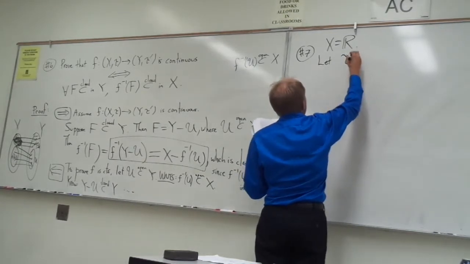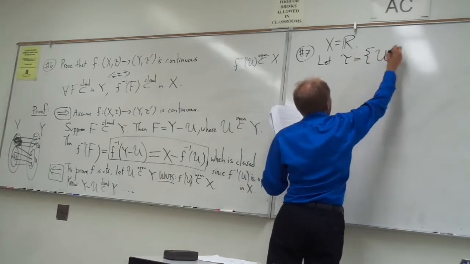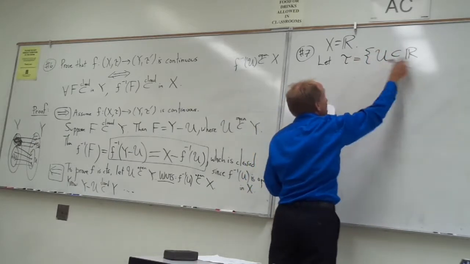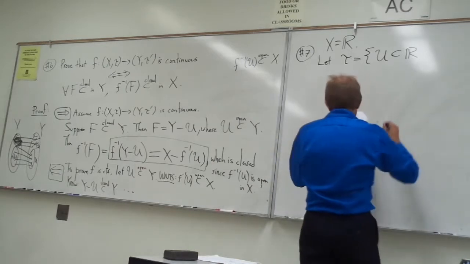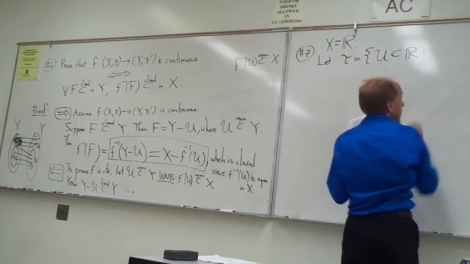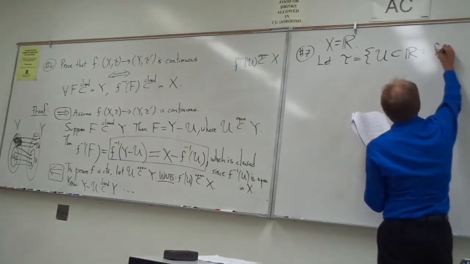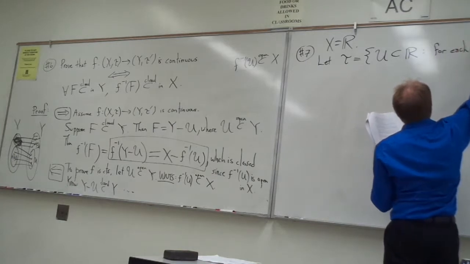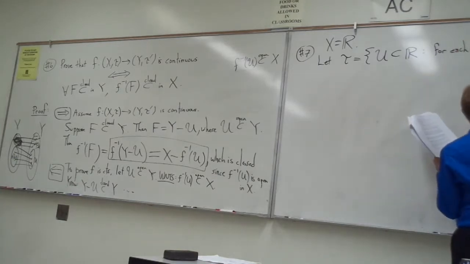Let tau equal the set of, okay, look right here, guys. It's a set of sets. That's what topologies are, right? It's a set of sets such that, you have not seen this one before, it's a little different. For each X element of U, there exists an epsilon greater than 0